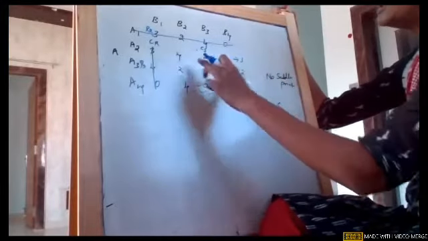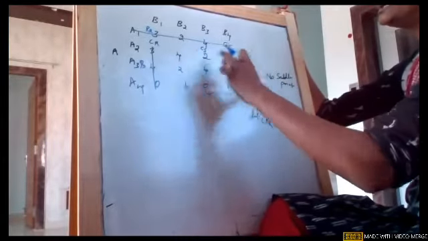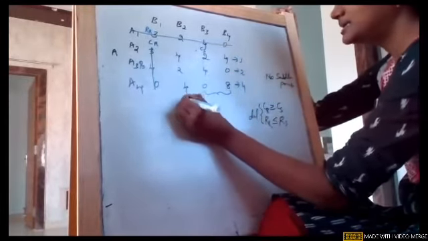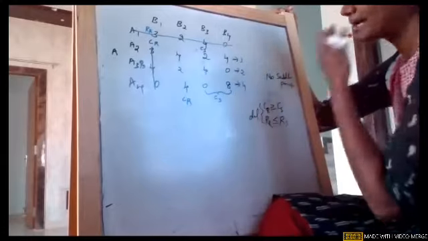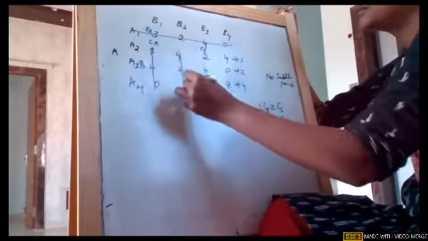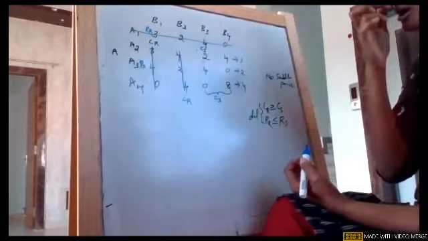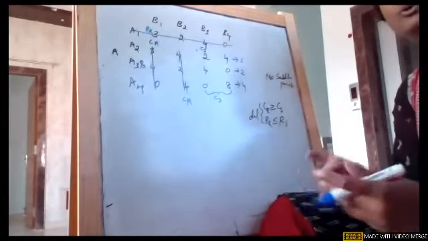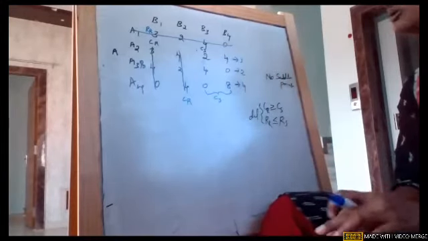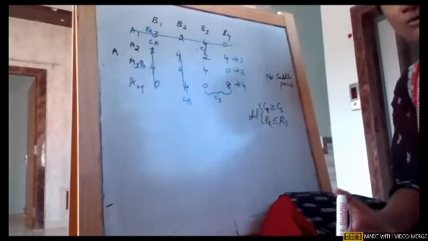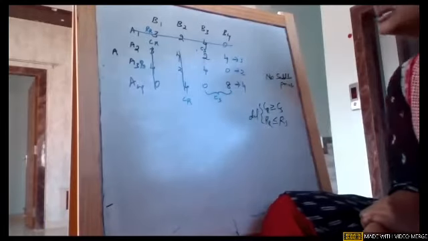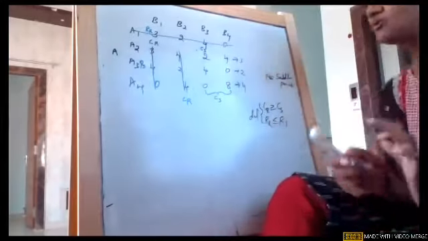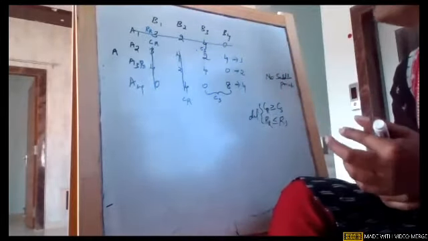So now CR: 4 is greater than 3, 2 is equal to 2, and 4 is equal to 4. So now what happened? This is CR, and these 2 columns are acting as CS. So using the dominance principle, I am just crossing off. So not always all the rows or columns will be greater than or equal to. Certain times you need to club them together in order to make them the average. Girls, am I clear with this point? We just took the average of the last 2 columns and we applied dominance, so we were able to strike off one respective column.